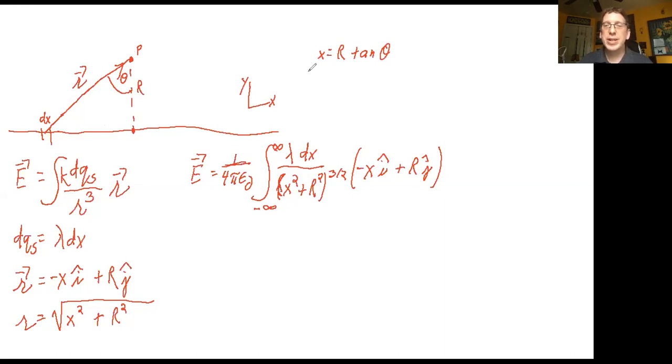Now, we're going to want the differential of that. So dx is equal to capital R, which is a constant, times the differential of the tangent of theta, which is the secant squared of theta d theta. Okay, so that's the numerator here. The denominator is